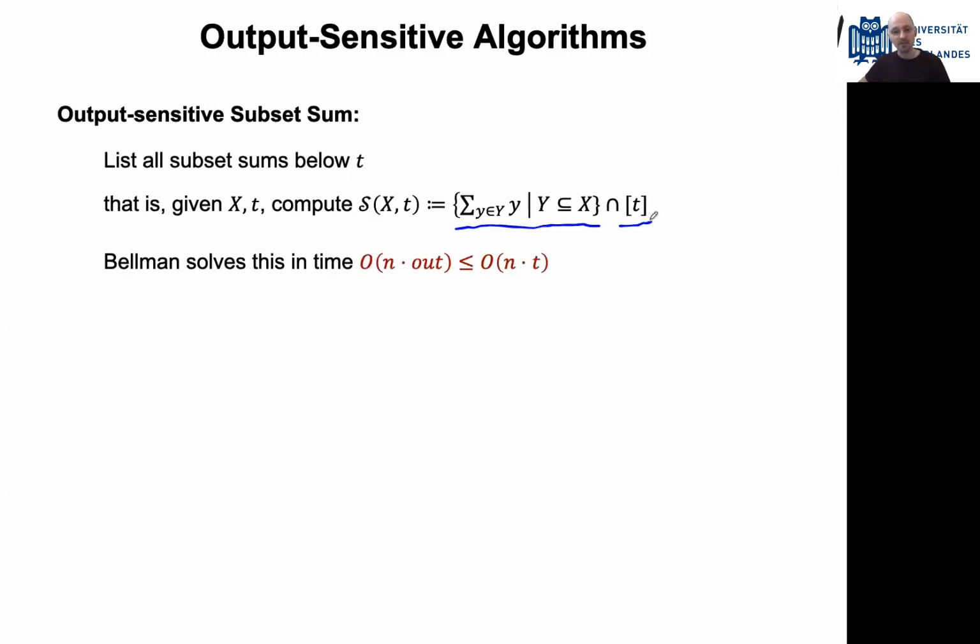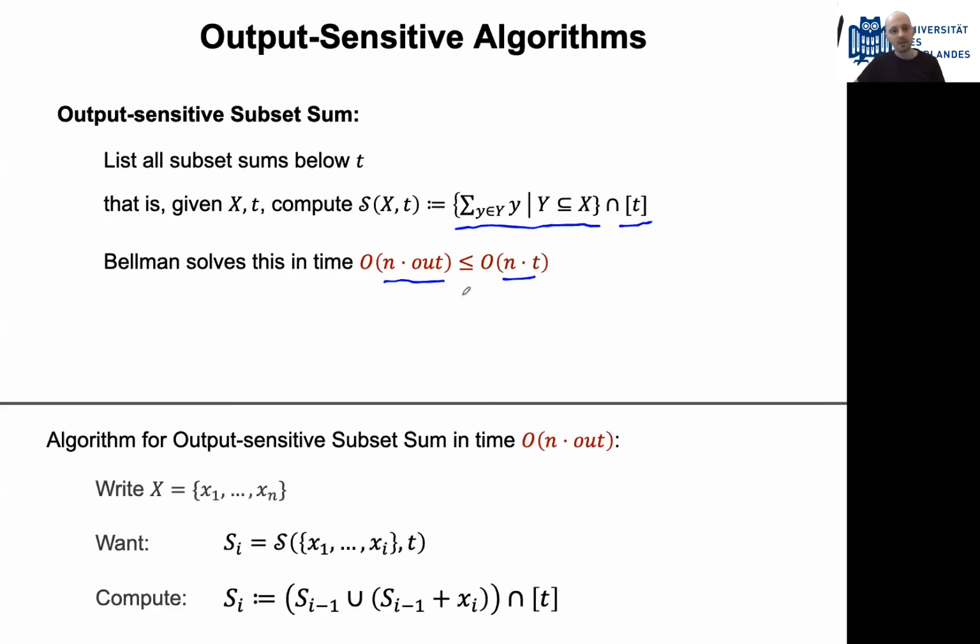Now, Bellman's algorithm actually computes all the attainable subset sums below t in time n times t. That's the classic implementation of it, but with slight adaptations, you can actually get running time n times the output size, so n times the number of distinct subset sums below t. Here I've written this small adaptation, and really it's just Bellman's algorithm, but you store the table in a sparse format where you only store the